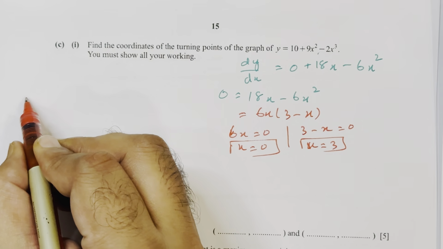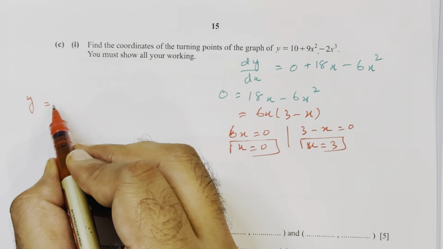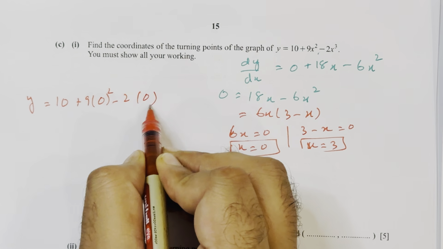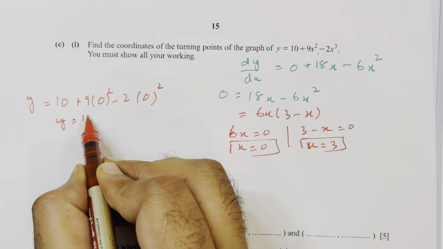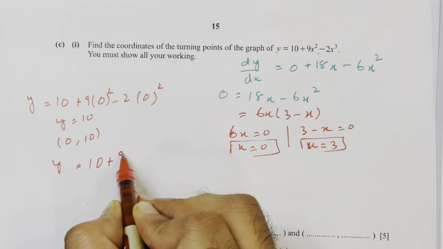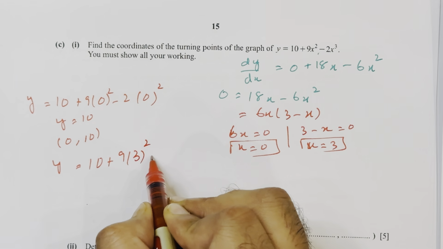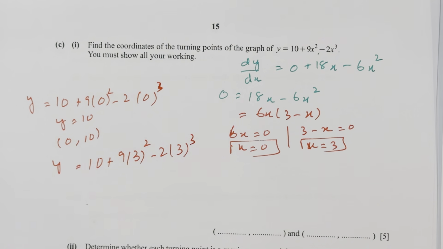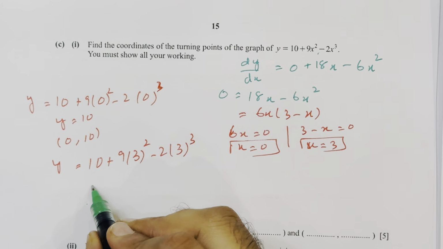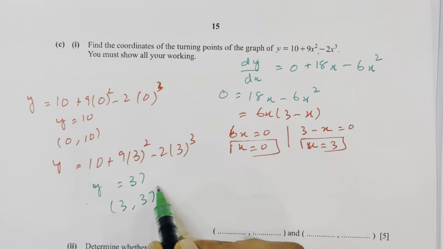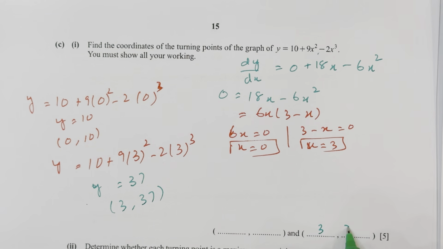So when you put this value over here, first we put 0, so 10 plus 9 into 0 squared minus 2 into 0 cubed, so y is equal to 10. So one coordinate would be (0, 10). And when we put x equal to 3 in 10 plus 9 into 3 squared minus 2 into 3 cubed, we get y is equal to 37. So our other coordinate will be (3, 37). So we're going to write over here (3, 37) and (0, 10). So these are the two coordinates